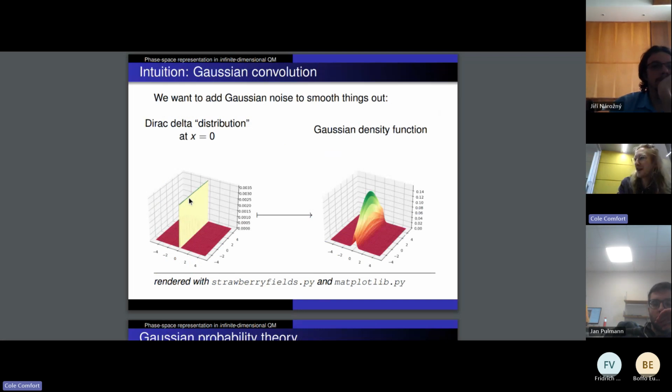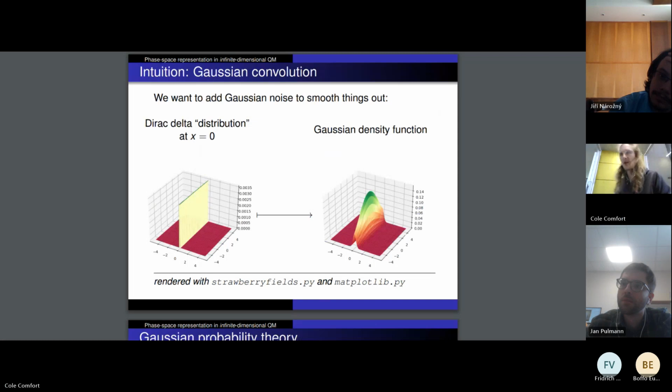If you just have an affine Lagrangian subspace over the real numbers, say in the case of just one particle, then the state is described by this infinitely thin line, where the position and the momentum are definitely at this point, and if you move just epsilon far away, then it's zero. And this is completely not bounded or not continuous. So we have to figure out a way to get around this.